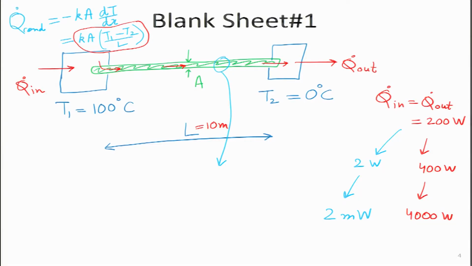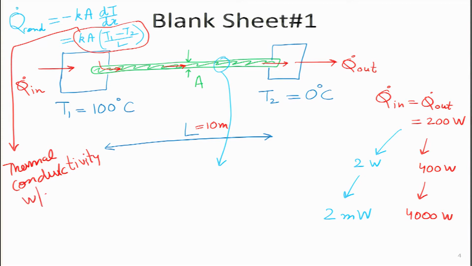What we want to know now is what exactly is this parameter K, this thermal conductivity, which has the units watts per meter Kelvin, and this is a material property. For instance, if I am using a copper beam, then the K value will be different. If I am using a rubber beam, then the K value is different. If I am using a steel beam, or in extreme cases I can use a liquid or even air. So, all these materials, solids, liquids, gases, crystals, metals, non-metals, metal oxides, insulators, they have different values of K.